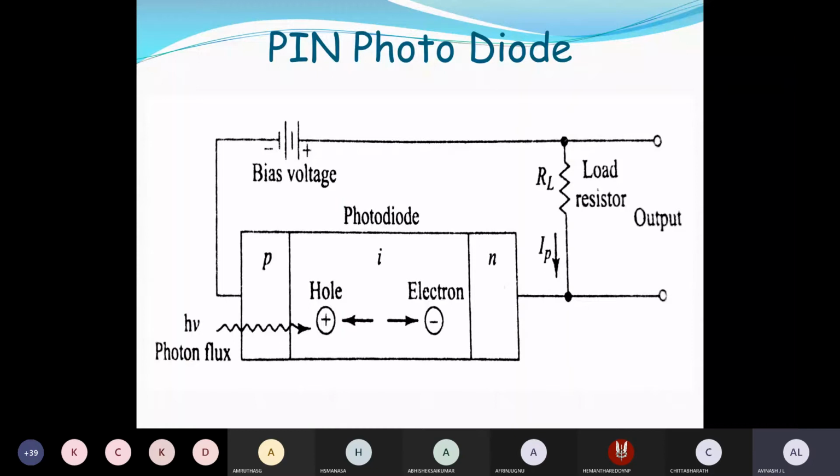When you are talking about the reverse bias condition, you can see that the holes present in the p-type and in the intrinsic semiconductor region are trying to move away from the p-type and reach the terminal. Electrons will go and reach the positive terminal. When this is happening, we are incident-ing light, that is photons. Whatever current the photons produce in the semiconductor will be recognized by the load resistor.